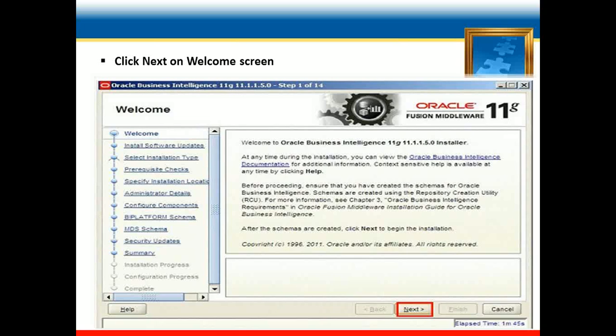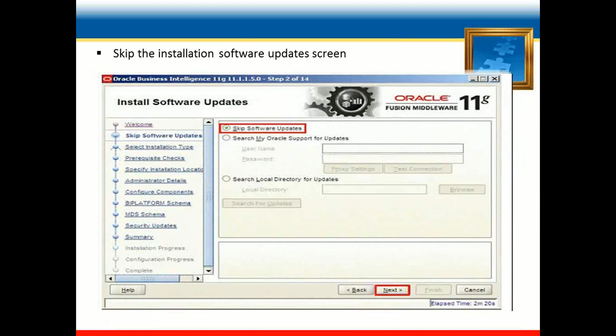It checks the prerequisites as we have mentioned in the previous slide. Then the next screen is the welcome screen for OBIEE installation. Just click on the next button.